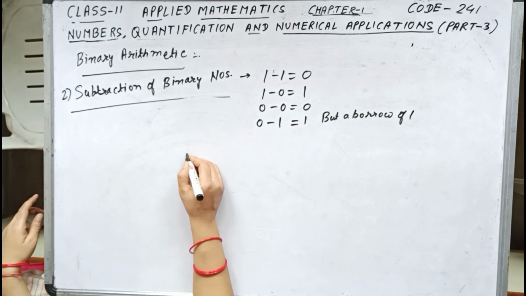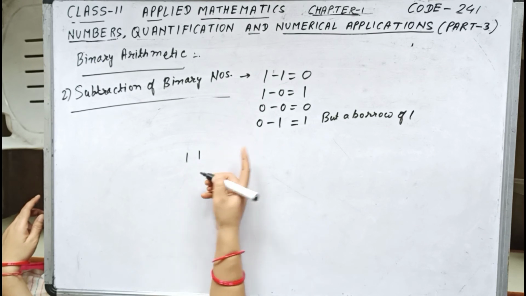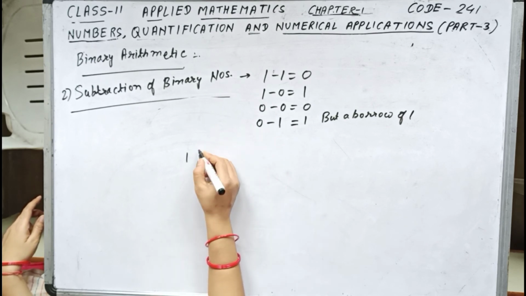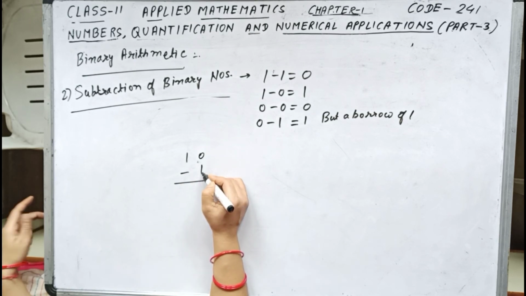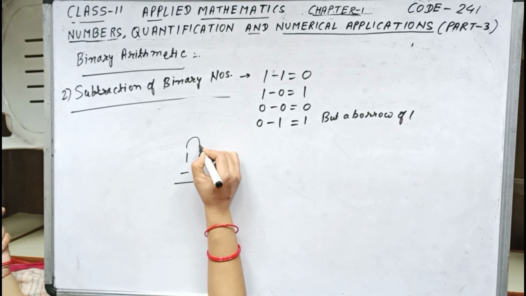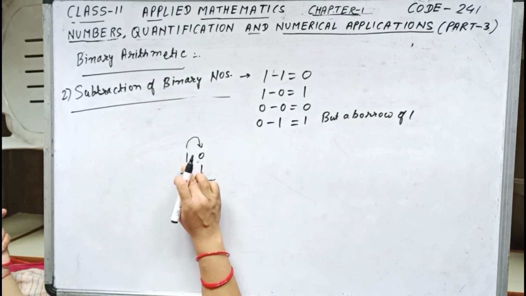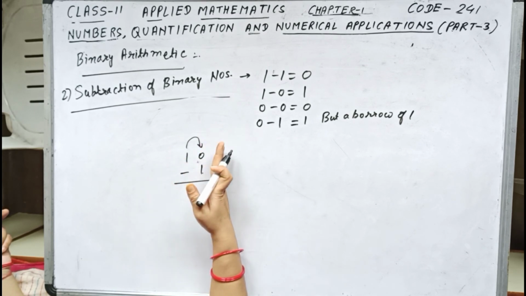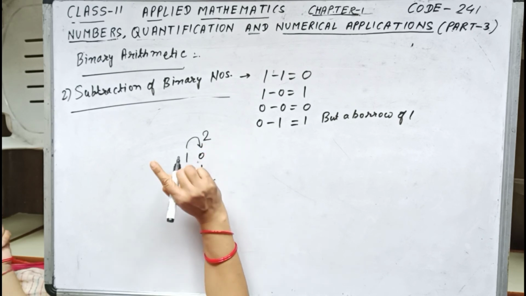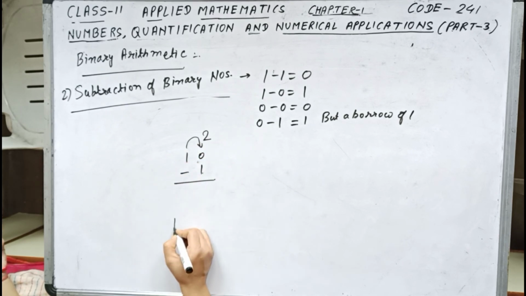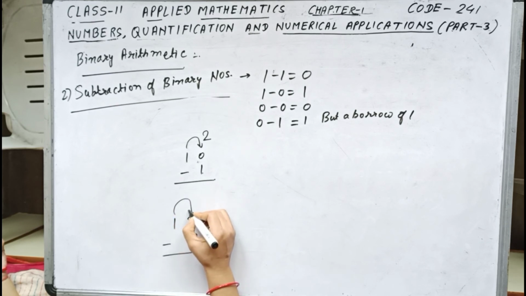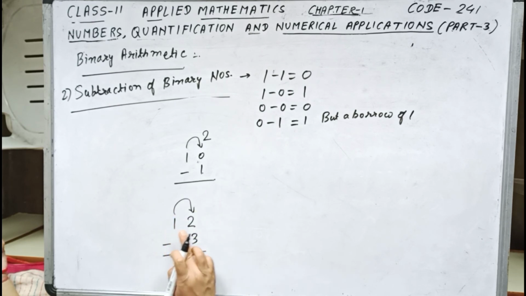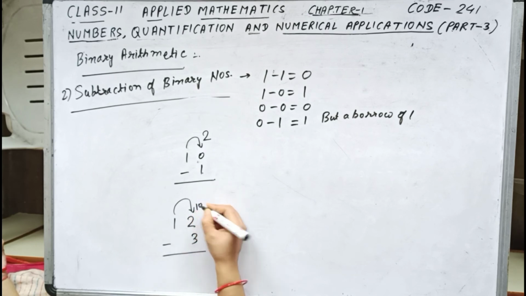Second column, now understand over here, suppose it is 10, and we have to subtract 1. Okay, now 0 minus 1 we cannot do, so this 1 will be shifted over here. Now this 1 is 1 in the second column, but when it is shifted to the first column, it will become 2. I repeat, in the decimal system, 12 minus, suppose over here it is 3. So 2 minus 3 we cannot do, so this 1 is shifted over here. So 1 shifted from the second column to the first column changes to 10.